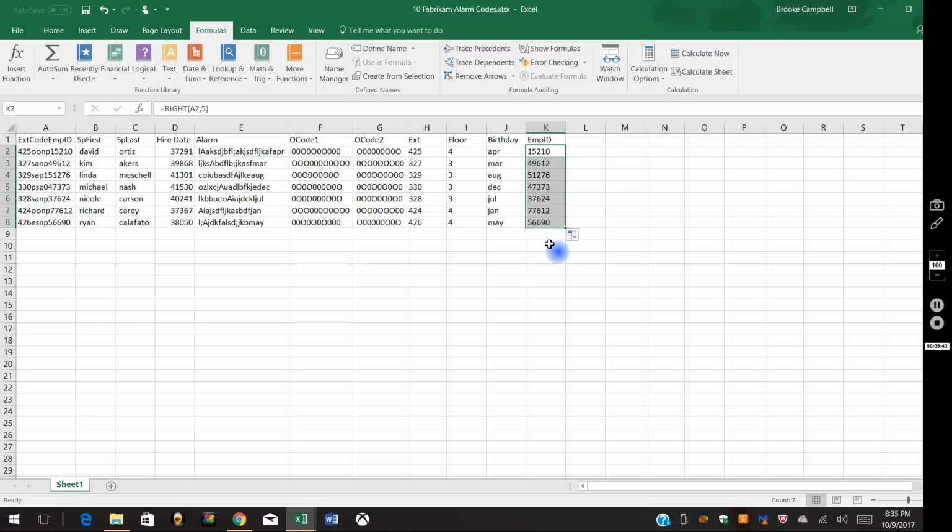Alright, the next two we're going to do are called the mid function. So mid means middle. So in L1, we're going to type in EMP Cat 1, and EMP Cat 2. Okay, for employee number 1, employee number 2 here. Alright, so